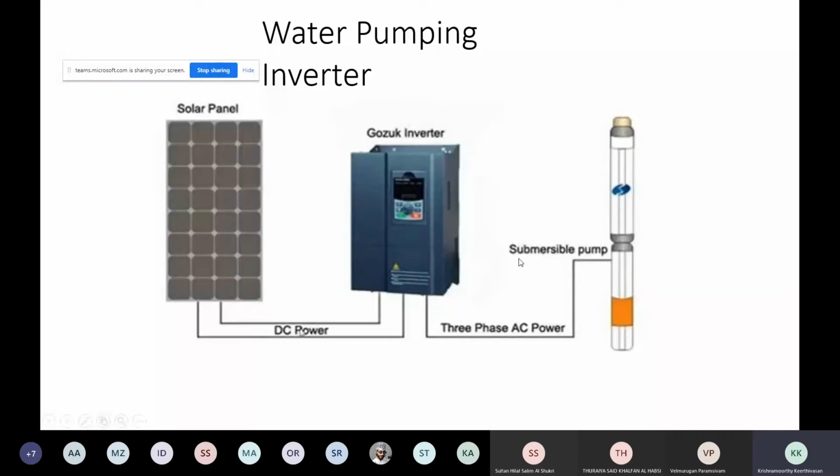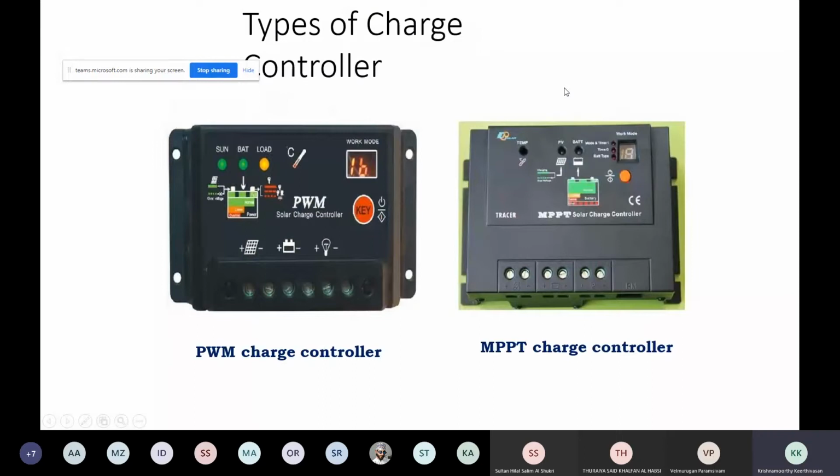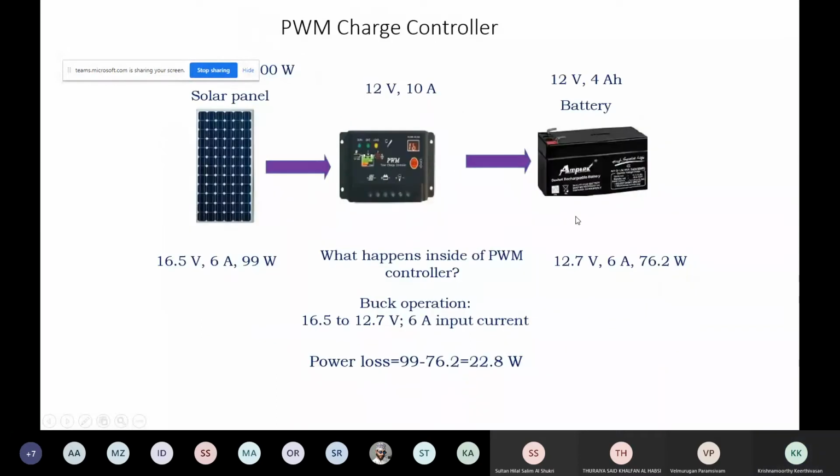Whereas when you come to watering huge acres of land, you'll go for high power rating submersible pumps. Very high power rating means naturally you'll go for three-phase AC power. There are also some charge controllers: pulse width modulation based solar charge controllers and maximum power point tracking based charge controllers.